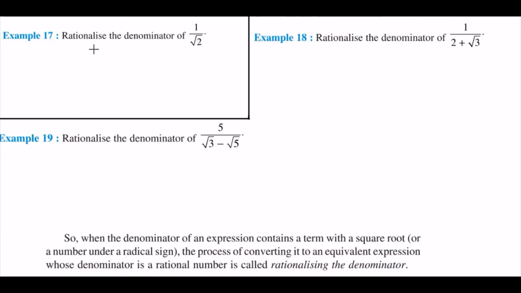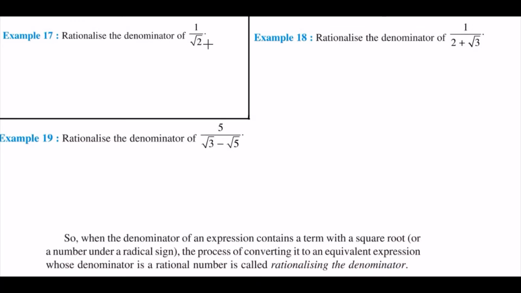The next topic is we have to rationalize the denominator. Rationalize the denominator means make the denominator as a rational number. Here the denominator is irrational number. Now we have to rationalize the denominator, that is make the denominator as the rational number. So basically what you do is you can use any identity and make this as the rational number. So here it is root 2. So if you multiply by root 2, this denominator can be made as a rational number.